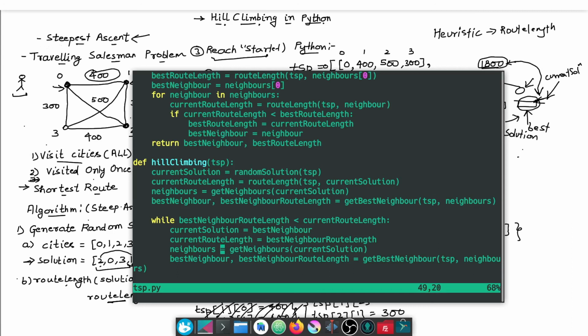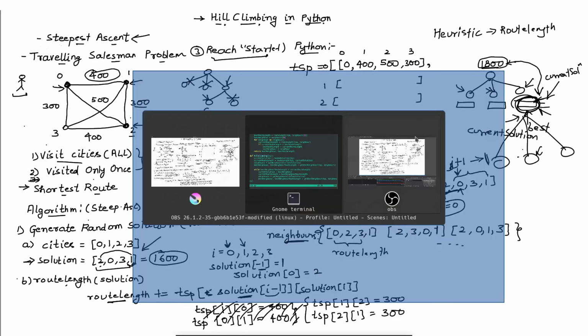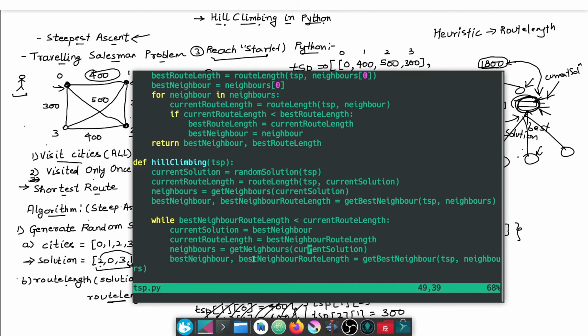Now at this point we are again going to do the same thing. We are going to find the neighbors from the current solution. Remember that the current solution has been updated, right? Now it is pointing at the best one. So at this step we will repeat the step: we find the neighbors of this current solution, and then again we pick up the best one. Here we are picking up the neighbors of the current solution, which is now logically the best solution, and then we will again find the best neighbor and the best neighbor root